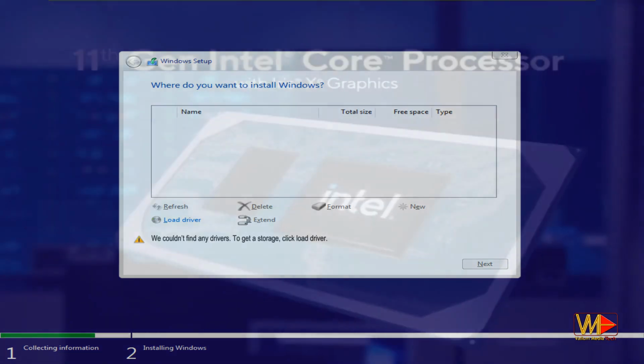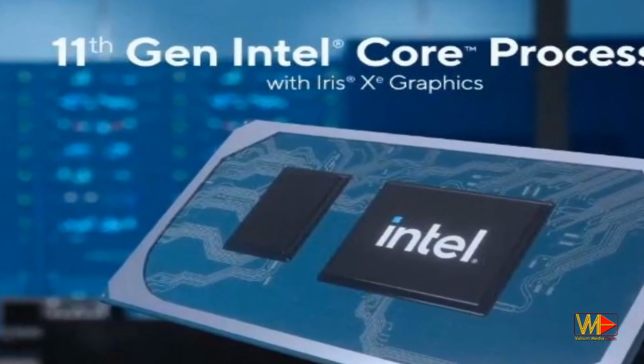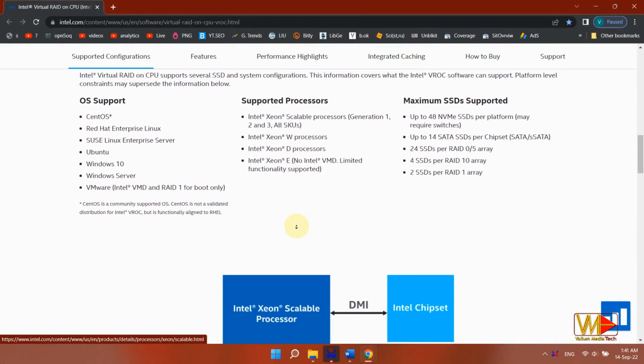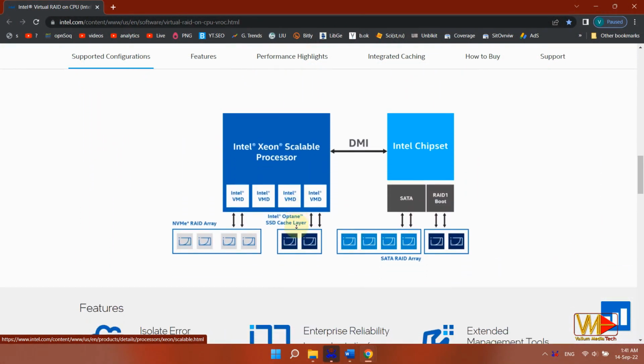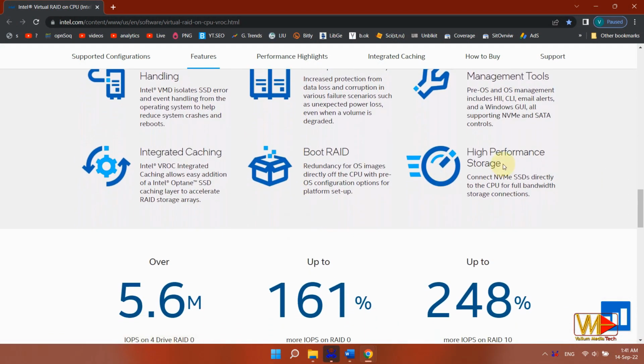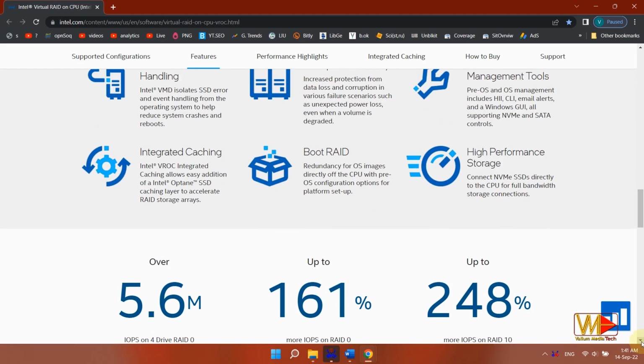This error is commonly seen in computers integrated with 11th generation or newer processors, as these processors support Intel Rapid Storage Technology, IRST or RST, with VMD controller or Intel Volume Management Device. Enabling VMD, if available, will enhance the performance and speed of NVMe SSD up to 200% or more. However, you have to load the VMD or RST driver during Windows 10 or Windows 11 installation in order to